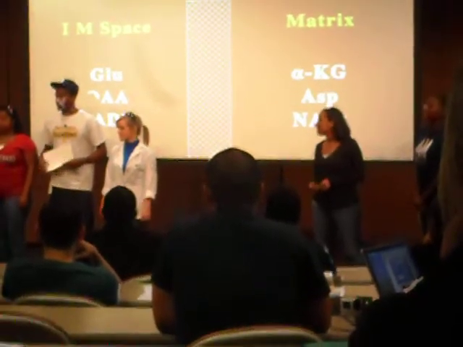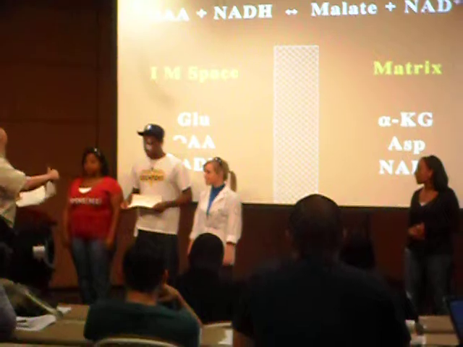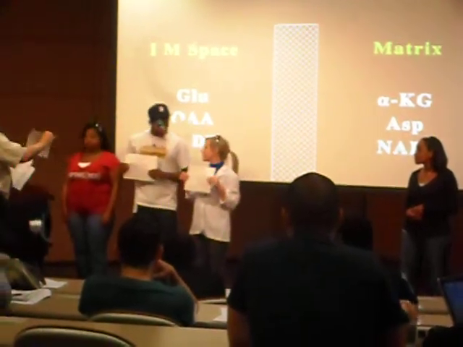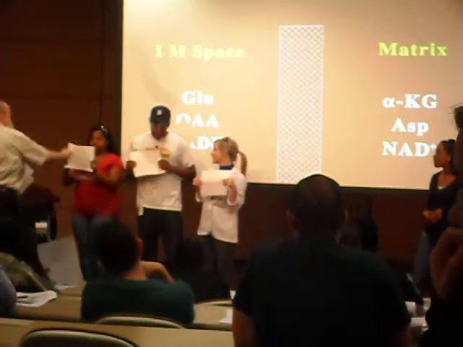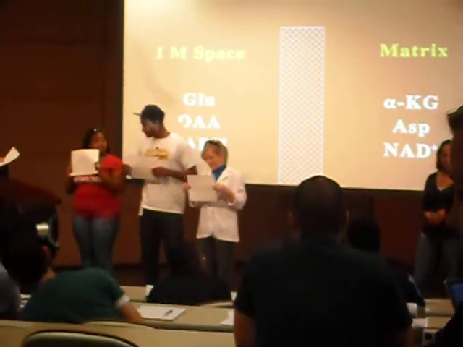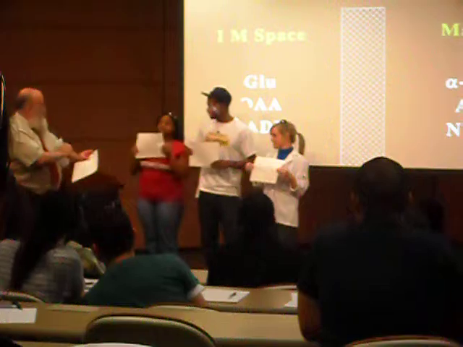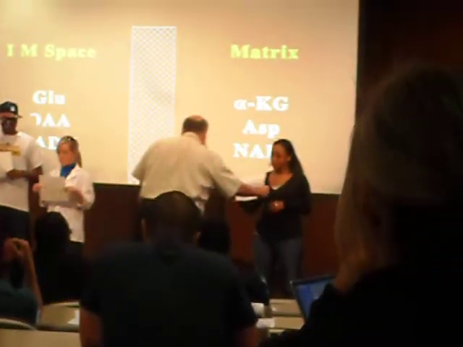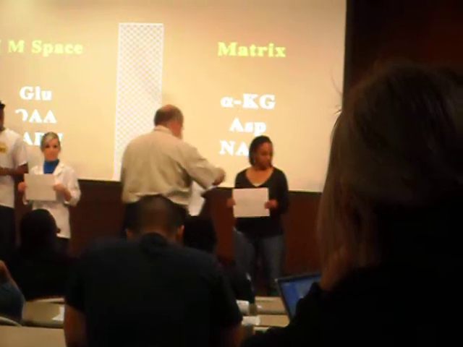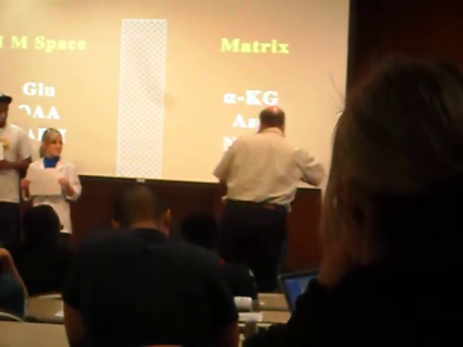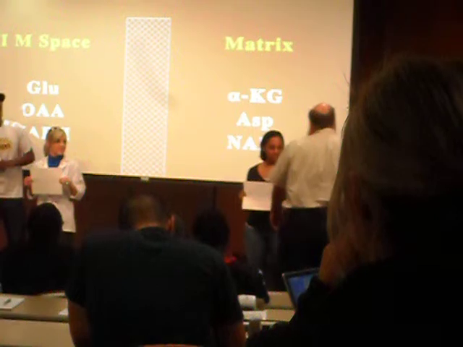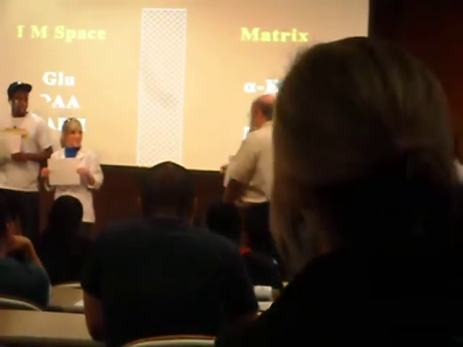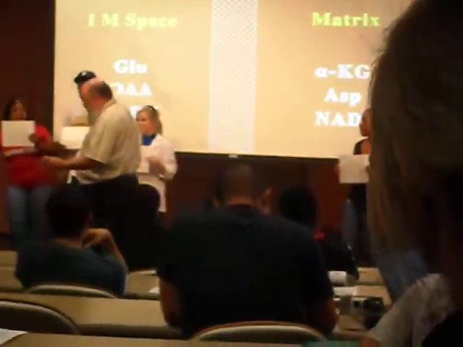And we have an NADH, and we have an oxaloacetate. Okay? Just like it says on the board. On the intermembrane side, in the matrix, we have an NAD+, we have an alpha-ketoglutarate, and we have an aspartate. Okay, now,